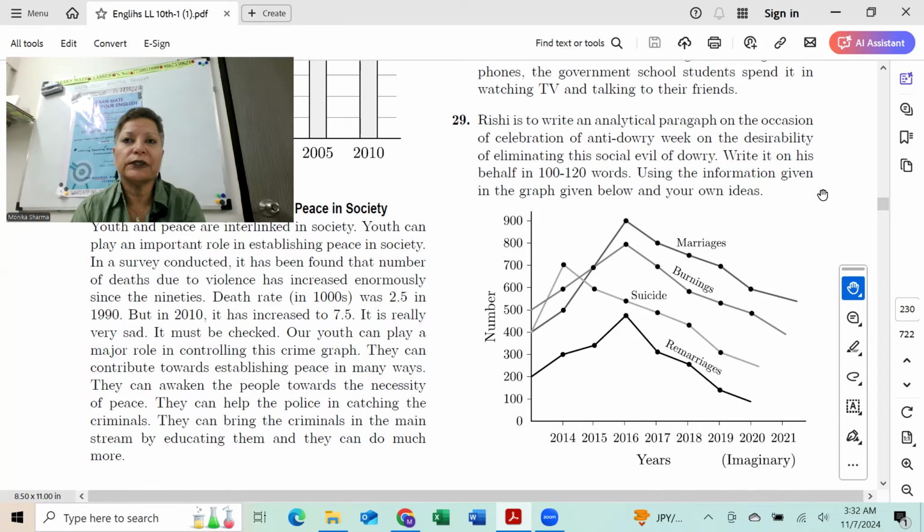But it just shows that the status of women in Indian society is still very pathetic, and there is much to be done for the ladies to feel safer. The number of remarriages on account of failed marriages have also peaked in the year 2016. It can be seen that most of